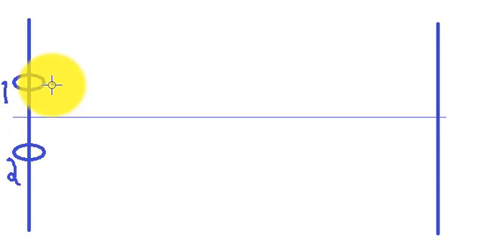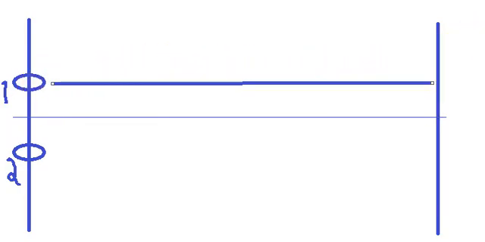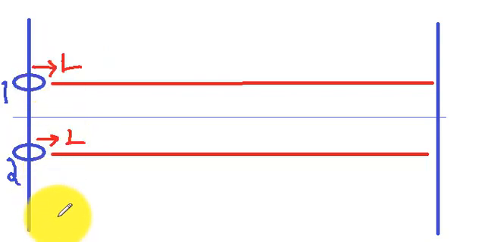Suppose this robot walks along a straight line up to this point, like this. That is the path taken by the first robot, and this is the path taken by the second robot. So you can see that the paths taken are the same because they are going to reach this point. Path taken is same. Now think like this. Suppose this robot started with his right hand in the back and left hand in the front, and this also started with the left hand in the front. We will say they started in the same phase.